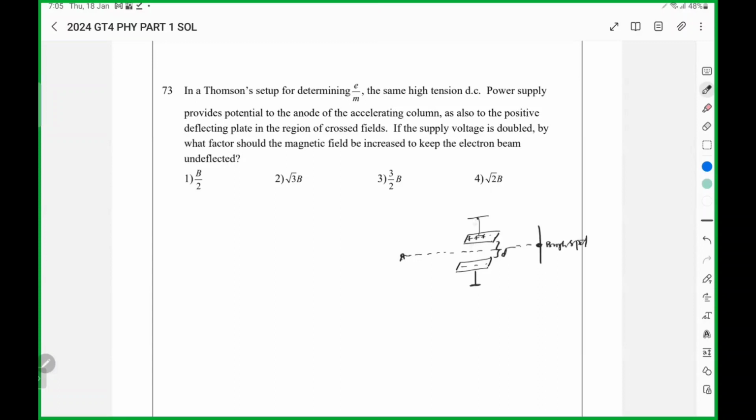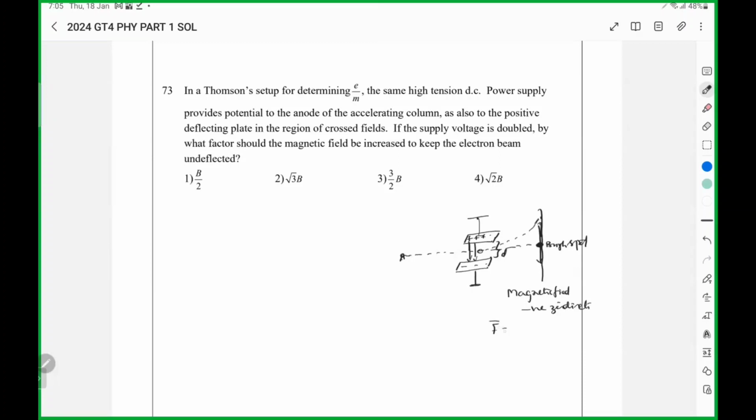When electric field is applied here, the negatively charged particle is deflected towards positive. So here, to see the bright spot again at the same point, some force must act in the downward direction. That force is due to the magnetic field. So if I apply a magnetic field perpendicular to the velocity as well as the electric field, that is negative z direction,